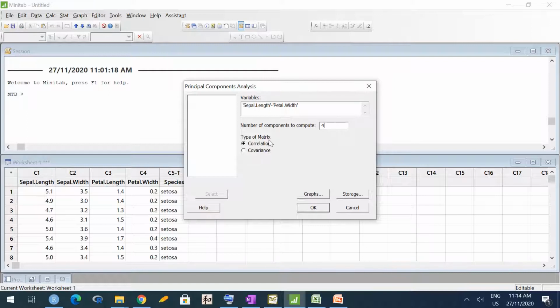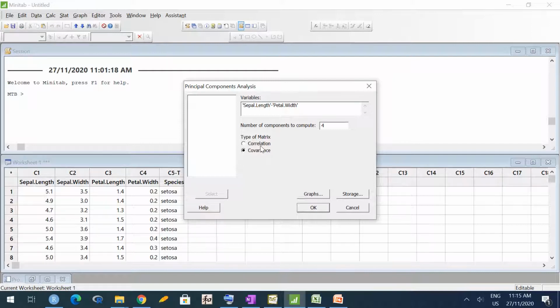Okay, now this is an important point, whether we want to use correlation matrix or covariance matrix. When we studied correlation and covariance, we have seen that correlation is independent of units, whereas covariance changes with units. So generally whenever you have a new data set, if all your variables are measured in same units, you go for covariance matrix. Whereas if some of your variables are measured in different units, you go for correlation, so that standardization can be done and the quantity would become unitless.